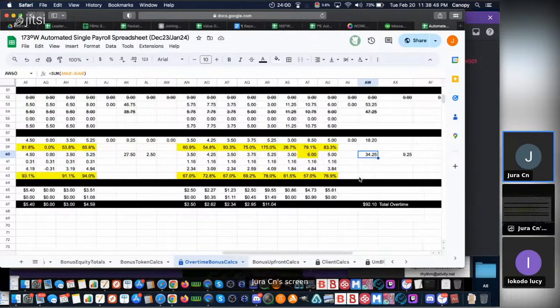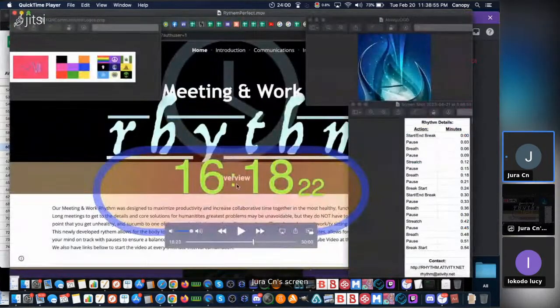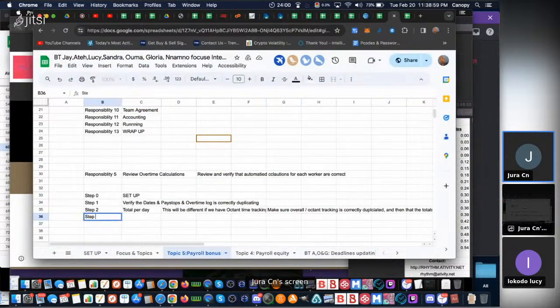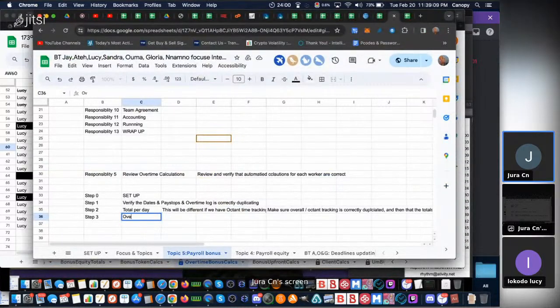Cool. All right. So then we want to double check the final calculation. So let's just make sure we're updating the policy training. So step 3 will do totals per day. So we did totals per day. Then the next part is the overtime calculations and percentages. Overtime calcs and percentages. And then step 4 is to verify overtime, and then we want to verify the final overtime